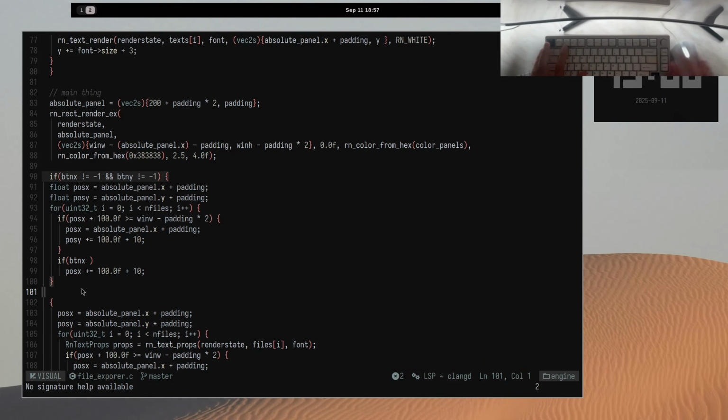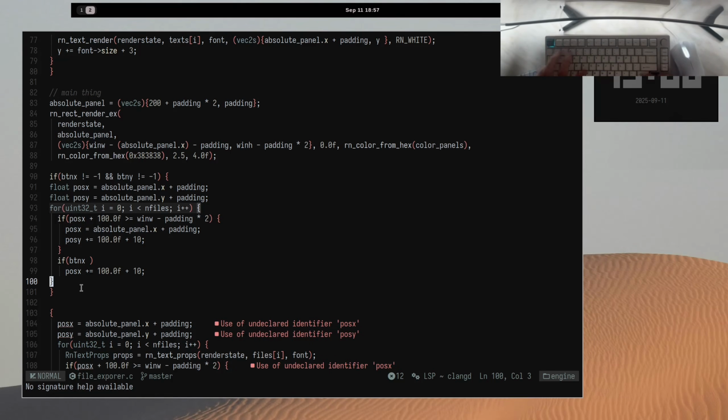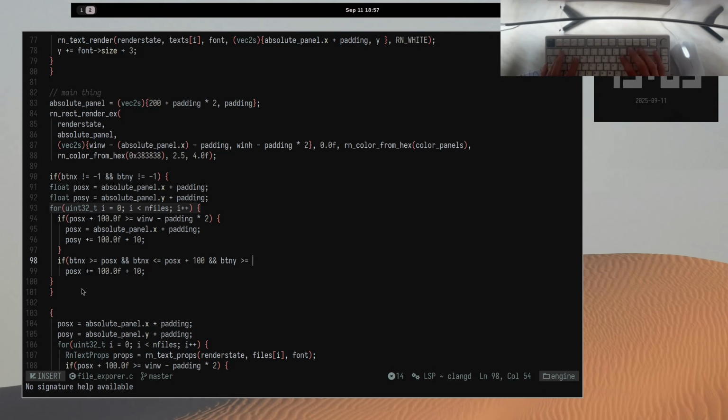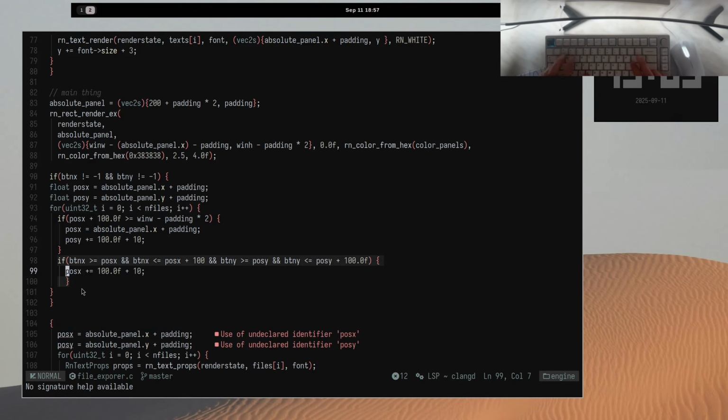Okay, if button X is greater than or equal to pos X and button X is less than or equal to pos X plus 100 and button Y is greater or equal to pos Y and button Y is smaller or equal to pos Y plus 100. Then we say